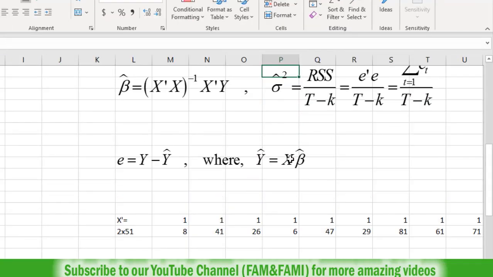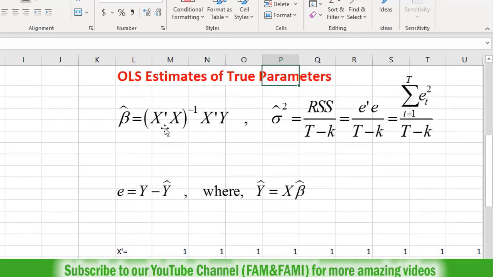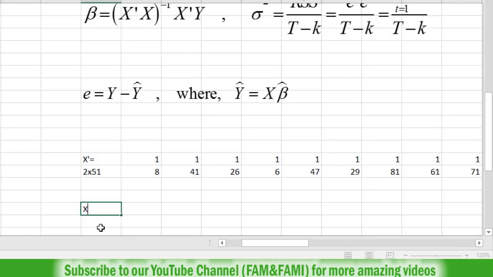So now if you look at this formula, we have calculated this X transpose. Now multiply this X transpose with the X matrix, so right here, X transpose X. Again you need to add the dimension of this X transpose X matrix below it. Look at the first matrix: it is X transpose and its dimension is 2 rows, 51 columns, so 2 cross 51. Then after a space, the dimension of the second matrix, which is X: 51 rows and 2 columns.